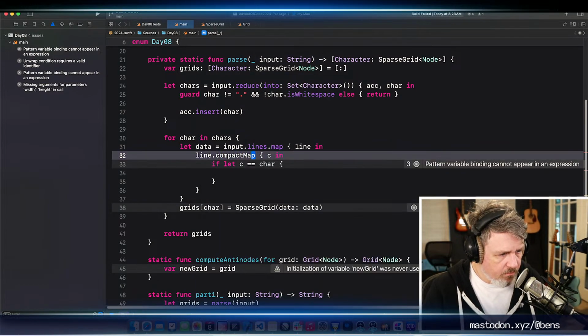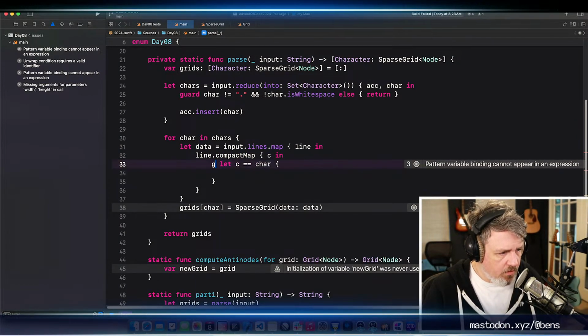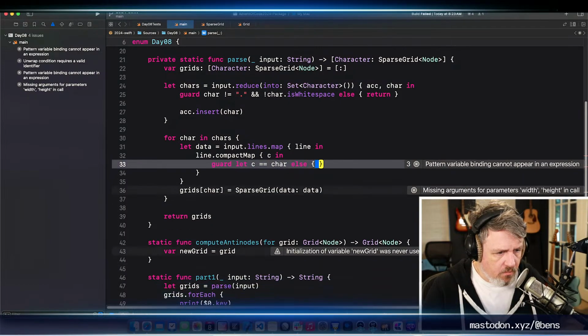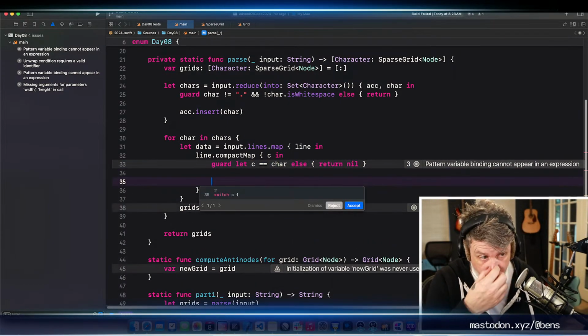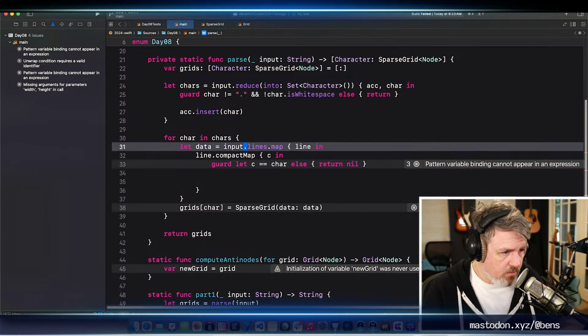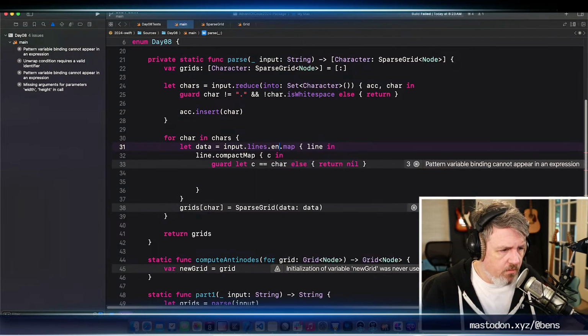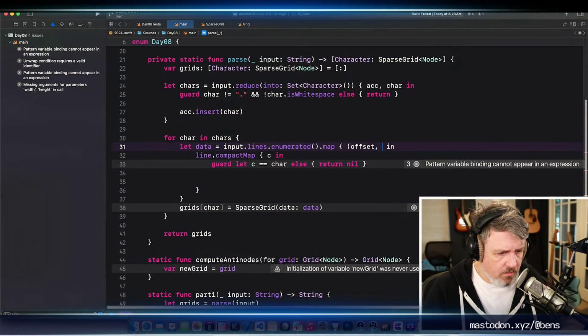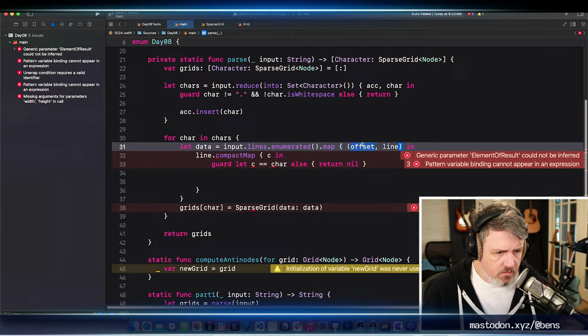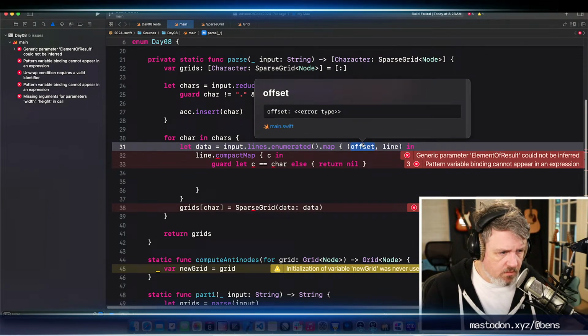Compact map. That'll be guard, let that, else return nil. So this is where I need to know what number. So this is going to be dot enumerated. Gives us the offset, I think, and the line. Just double check that.